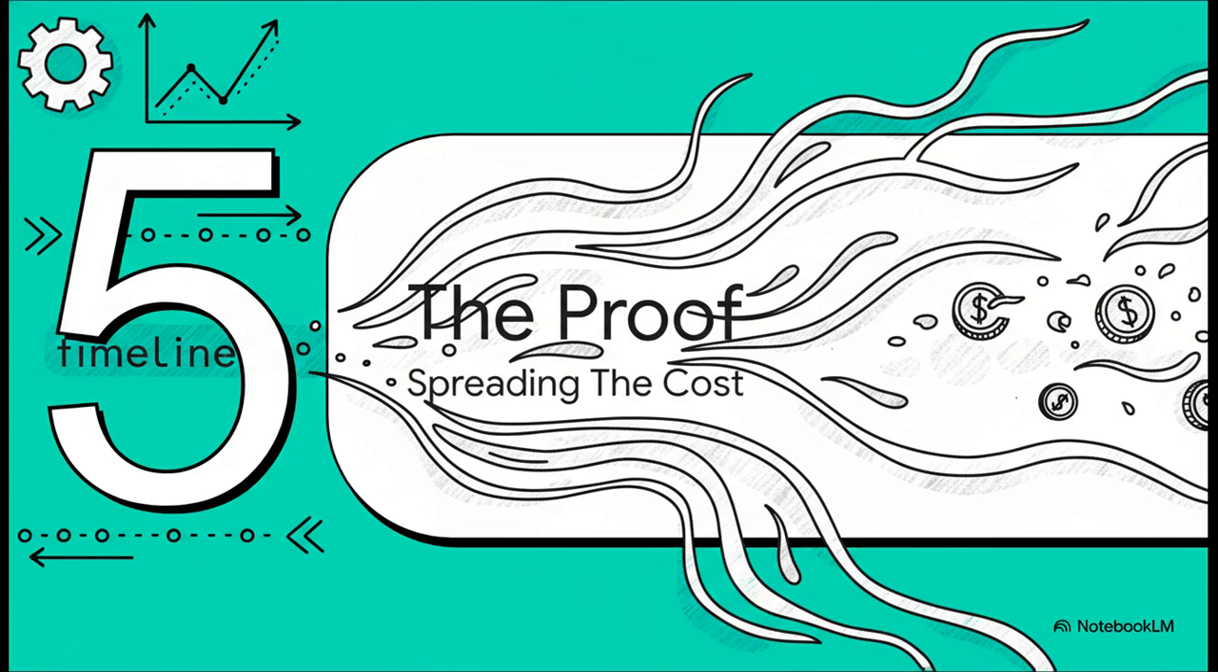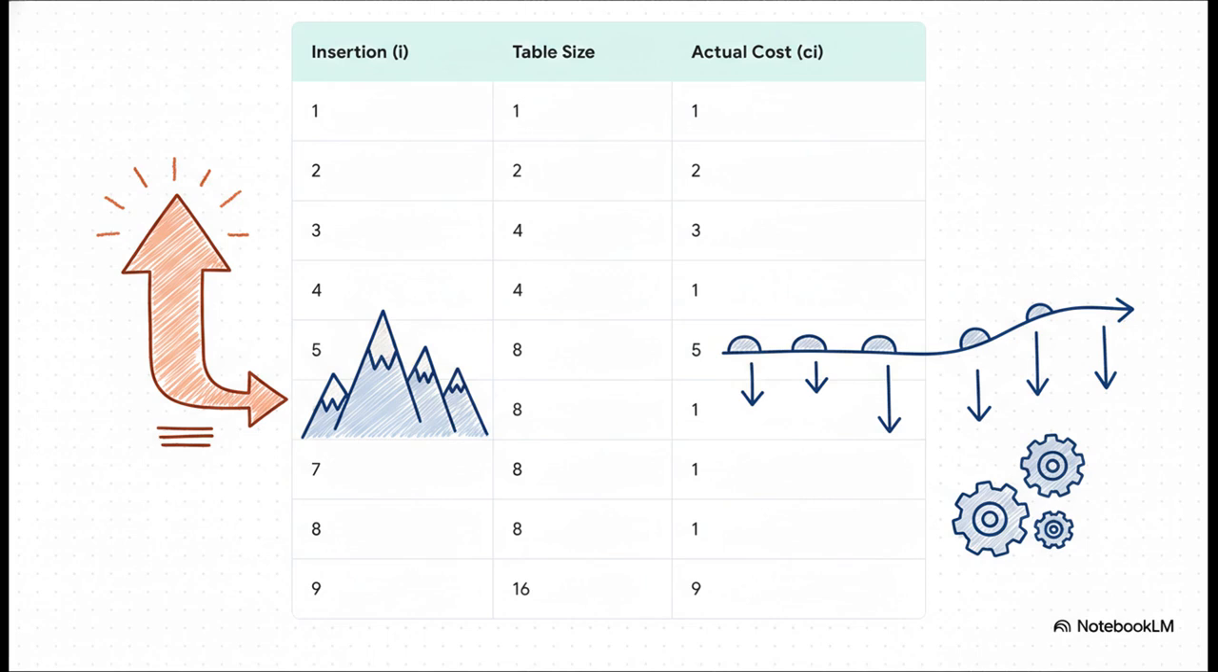Now, I know this might sound a little abstract, but we can actually prove it with a really intuitive method. Let's just see how spreading that cost out over time completely changes everything. Just look at this table of the actual costs for each insertion. Yeah, okay, insertions 2, 3, 5, and 9, they're expensive, I get it. But look at all the other ones. Insertions 4, 6, 7, and 8 cost only 1. The really expensive operations are rare, and the cheap ones are super common, and amortized analysis takes huge advantage of